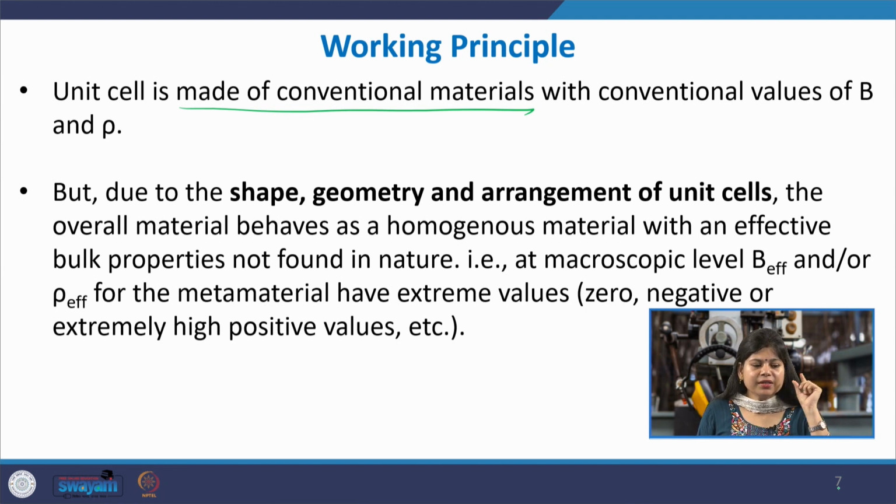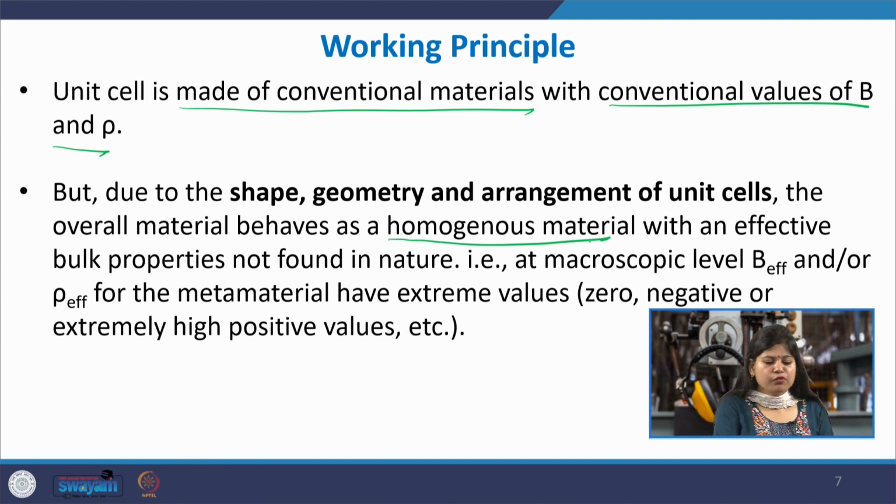Okay. So, each individual unit cell could be a solid cylinder, a solid sphere, or some kind of hollow cavity or a Helmholtz resonator. Each of these unit cells is actually made of a conventional material. It is a regular structure, and it has conventional values of B and rho. But due to the shape, the geometry and the arrangement of these unit cells, how they are arranged together, that complete arrangement now behaves as a homogeneous material with effective bulk properties which are not found in